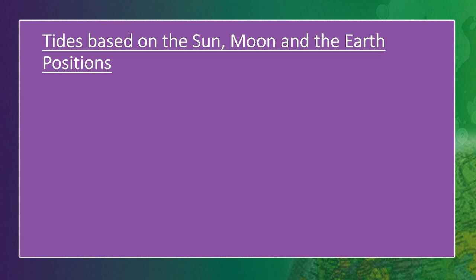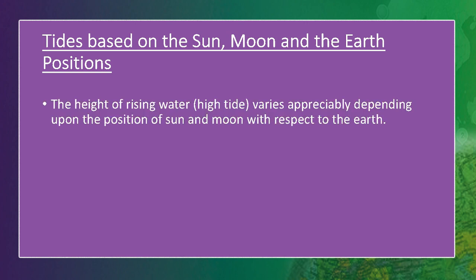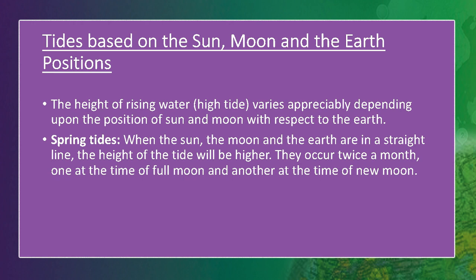Now the classification is based on the sun, moon and earth's position. The height of the rising water varies appreciably depending upon the position of the sun and the moon with respect to earth. Spring tides: when the sun, the moon and the earth are in a straight line, the height of the tide will be higher. They occur twice a month, one at the time of full moon and another at the time